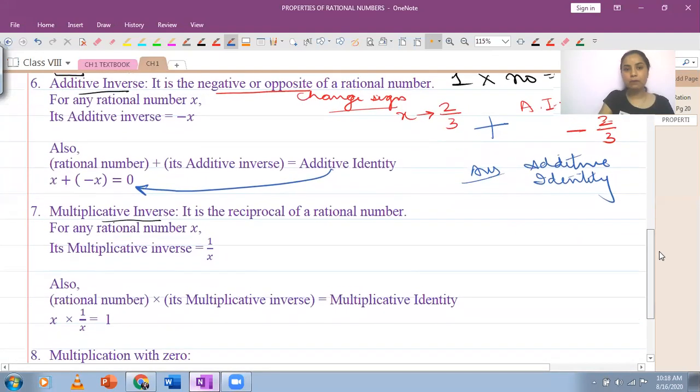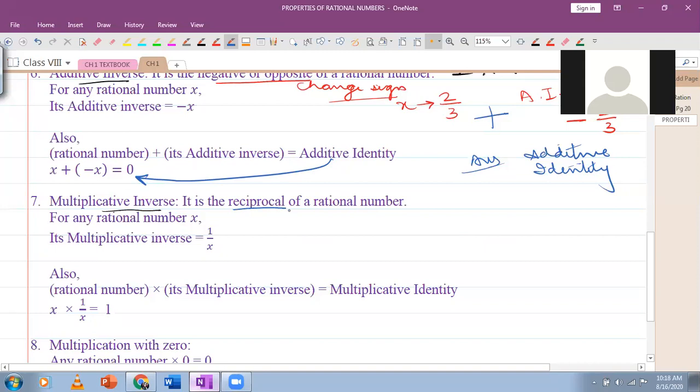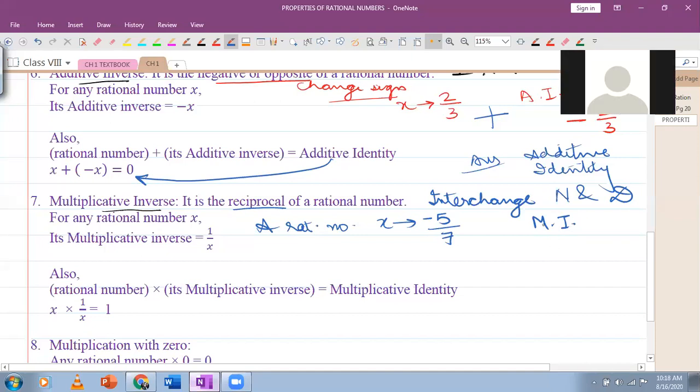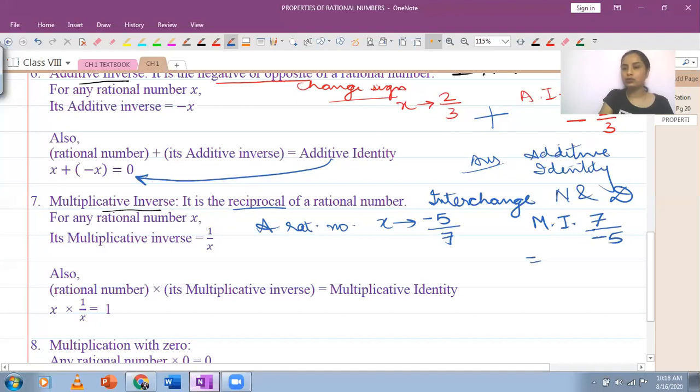And then we have multiplicative inverse, which is also called the reciprocal. So for a rational number, if you want to write down the reciprocal, I hope you're all aware what you want to do. You want to interchange the numerator and denominator. So if you have x, a rational number, as let's take minus 5 by 7, what will be the multiplicative inverse? It will be 7 over minus 5. And what we want is we usually don't put this minus with the denominator. तो हम इसको ऊपर ले आते हैं और ये यहाँ पे इस तरह से लिखा जाएगा. I'm sorry.